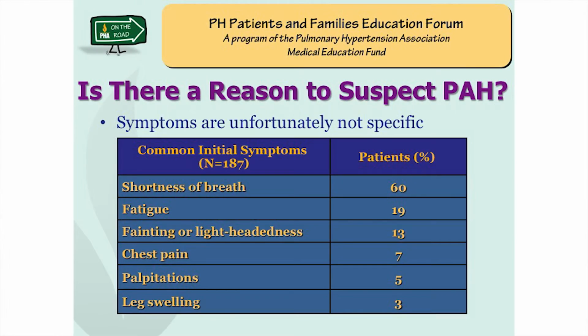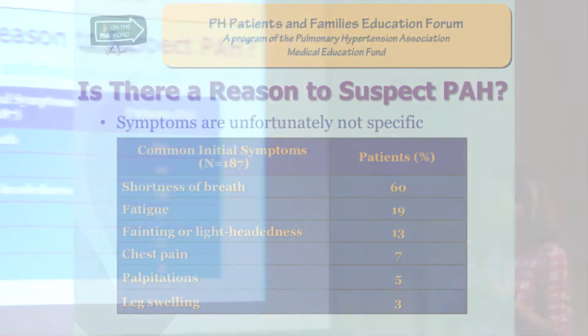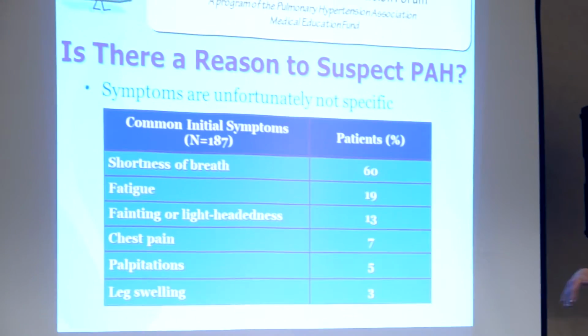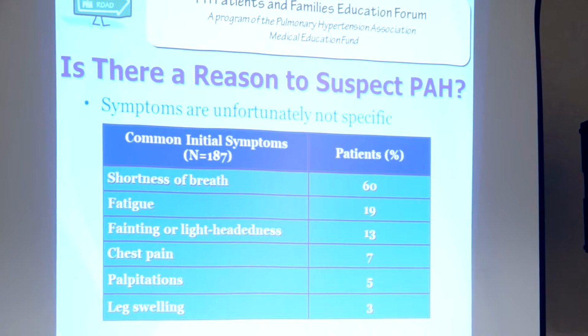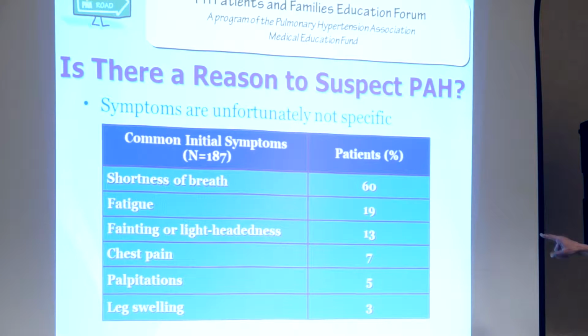So why would a doctor ever think that somebody might have pulmonary hypertension or pulmonary arterial hypertension? And the problem is that the symptoms are nonspecific. So this is a slide that tells you how common symptoms are as the initial symptoms of patients who have pulmonary arterial hypertension. Shortness of breath happens in about 60% of the patients, and fatigue happens in 19%. Now, in my own experience, I think fatigue is grossly underestimated here because I feel like a lot of my patients are telling me that they're really, really tired,